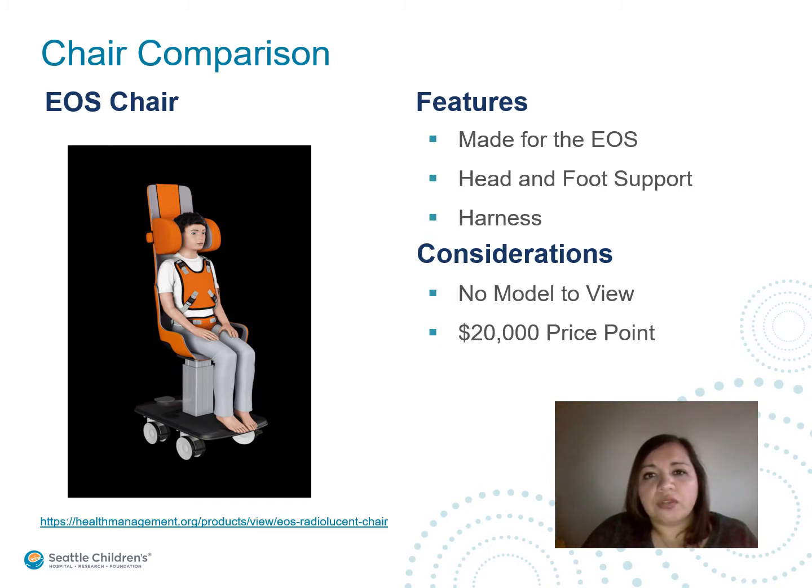It requires the user to hold still for about 20 seconds while the images are taken, which does not currently allow for any of our patients with movement disorders to be imaged using this technology. One of the organizations that I contacted during my research was Boston Children's Hospital. Boston has an EOS machine and the EOS chair. The technologists I spoke with stated that they have successfully used the chair to obtain scoliosis imaging for patients with cerebral palsy because the restraints on the head and feet and the harness allow the patient to hold still without